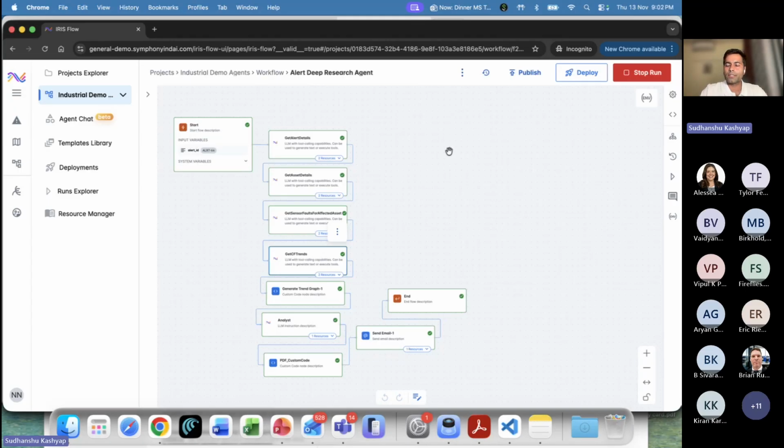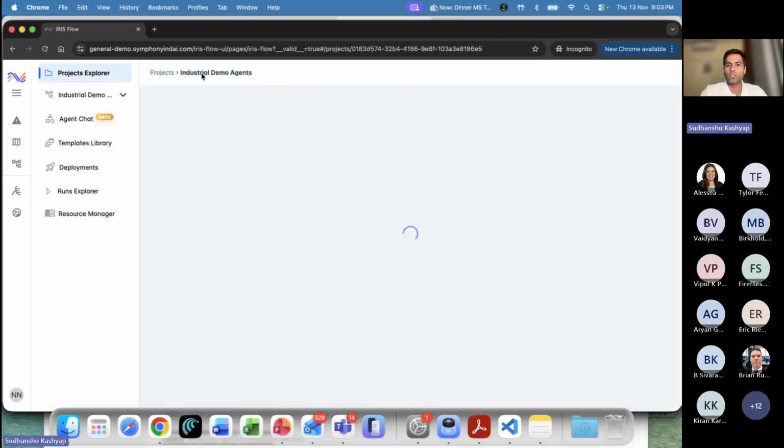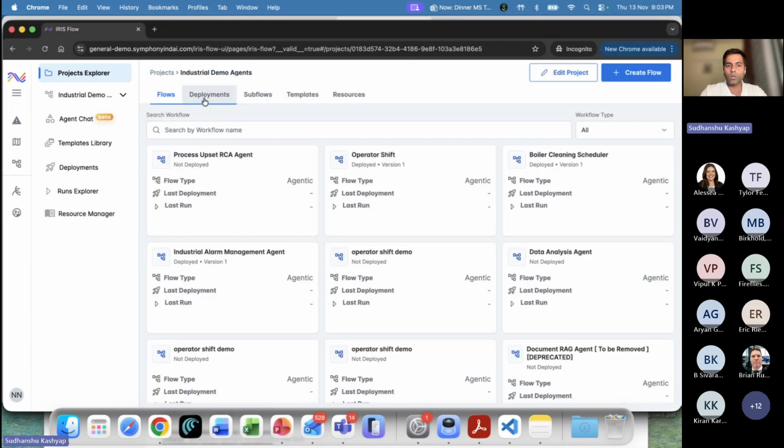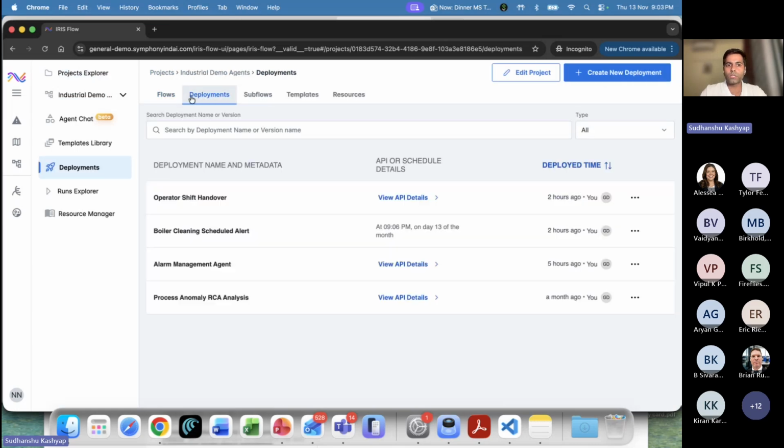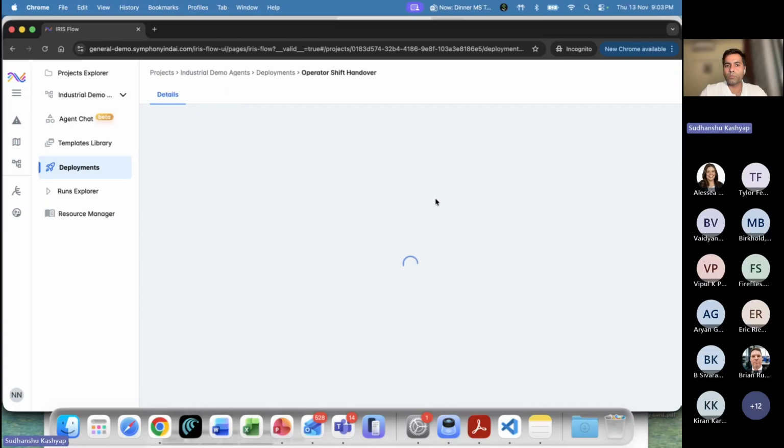Now the question comes: I just ran this for demonstration purposes by saying, you run alert 64, but in reality how are they going to work? We have a full deployment process here, which allows us to deploy these agents into production. I'll show you what it looks like. If I go to this deployment section, I can see that many of these agents are already deployed. When I click on one, I'll be able to see an API endpoint,